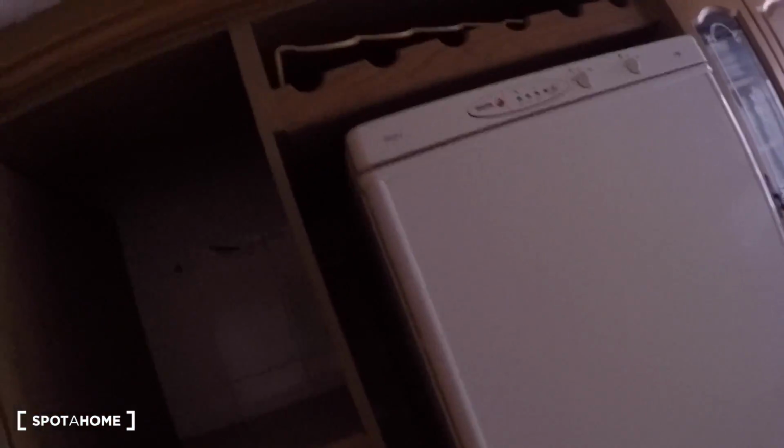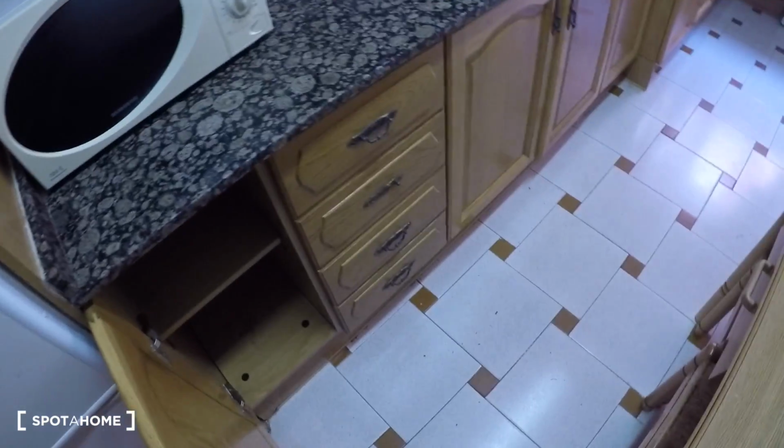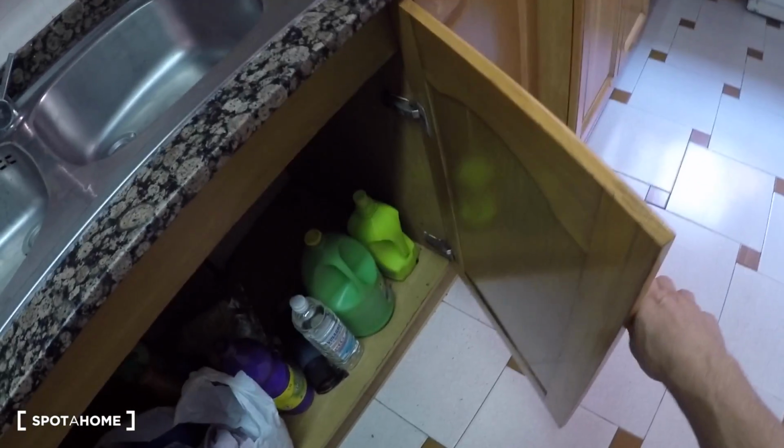Here in the kitchen we have this storage space, fridge, freezer, microwave, these cupboards with glasses, plates, more cupboards with mugs, glasses, more storage here, 2 sinks, some cabinets here, more storage here. You have the cleaning stuff, more storage,